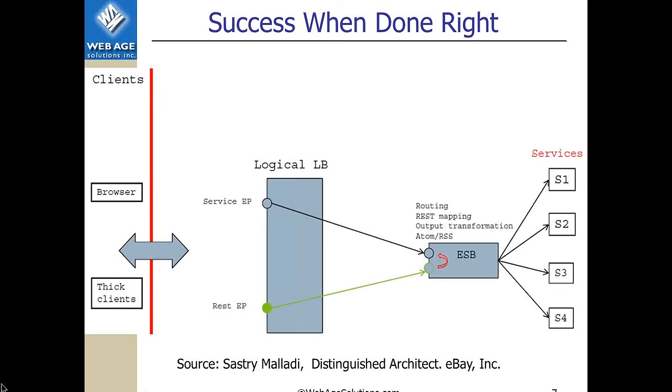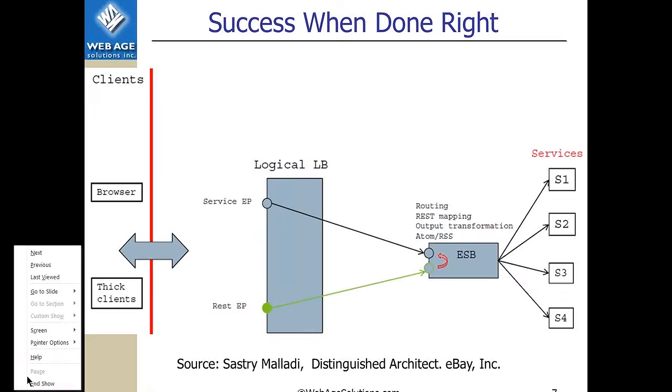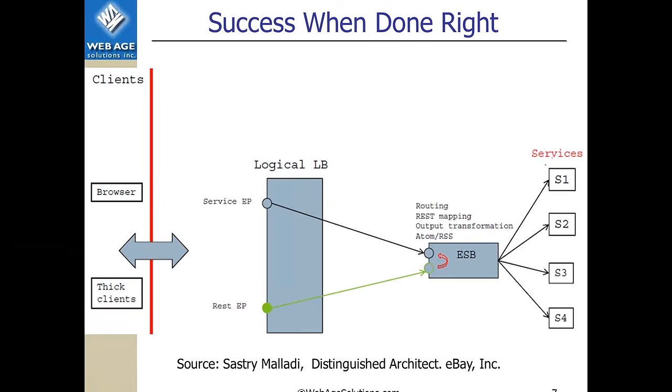So they exposed a bunch of their services, which are well hidden behind multiple layers for security reasons and otherwise, and they exposed the service entry points through SOAP and through the REST API.